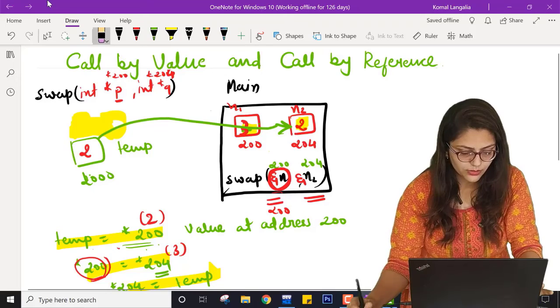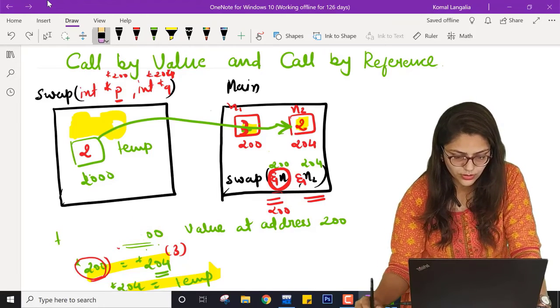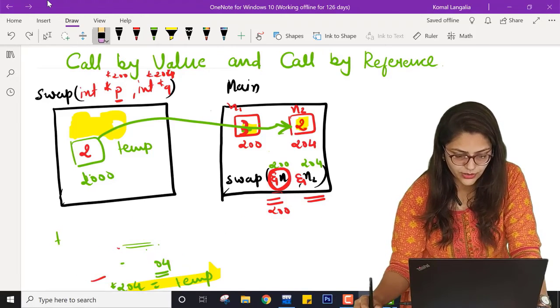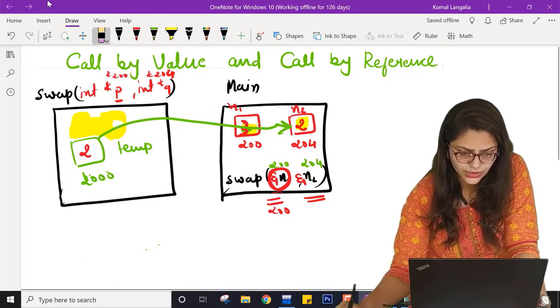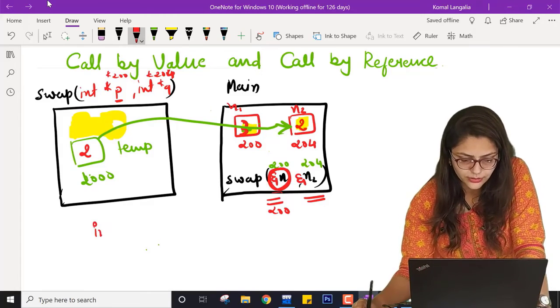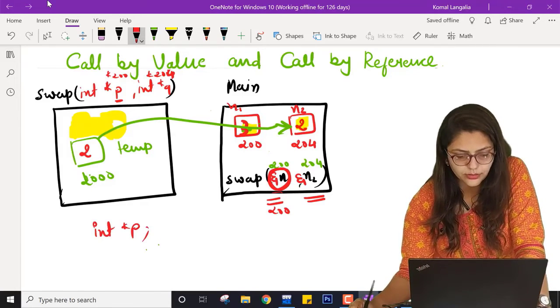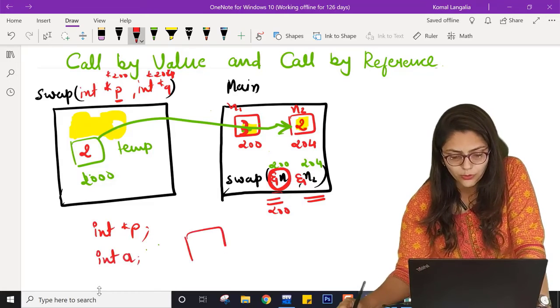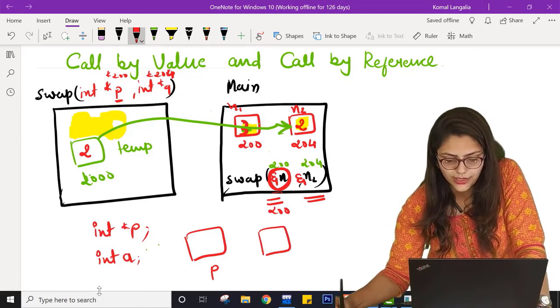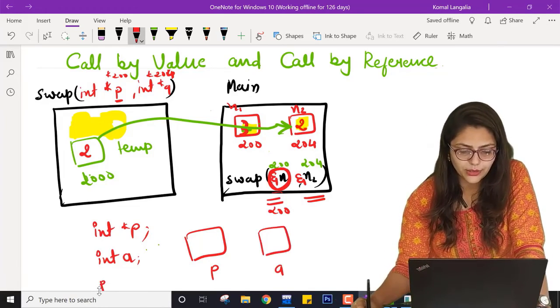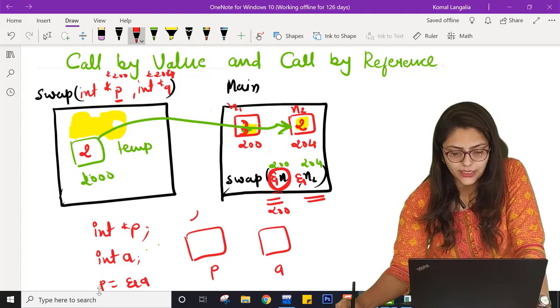Say I am writing int pointer P, right? And suppose I have int A. Right now P is a pointer, that means it will hold an address. A is the variable, and now if I write P equal to address of A, and this address